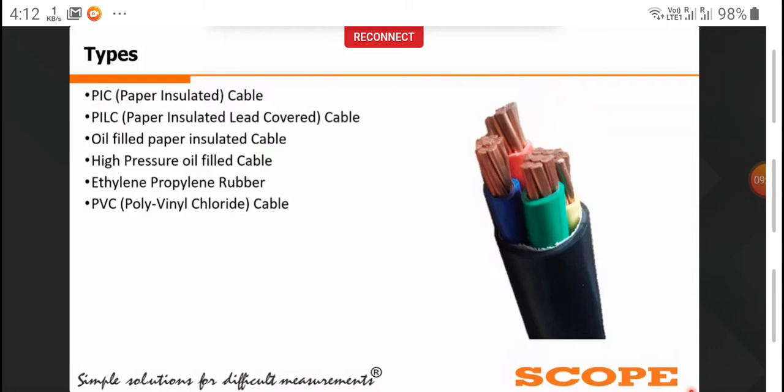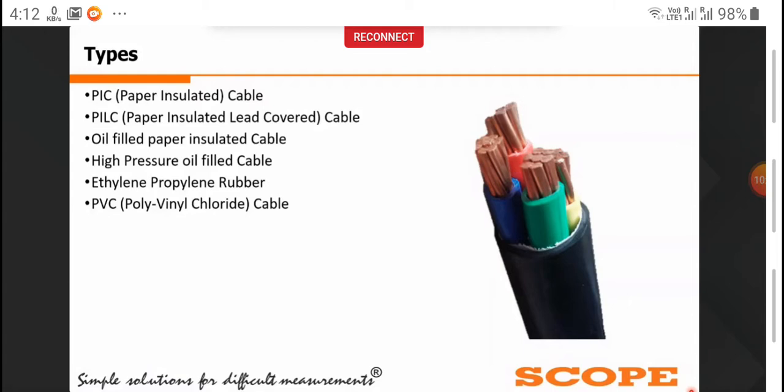After that, PVC cables. PVC, polyvinyl chloride, has high insulation resistance and good dielectric strength, and it is also inert to alkalis and acids. So they are widely used in cement and chemical factories, and also for LV and domestic applications. But the main disadvantage of PVC cables is that they frequently get damaged due to mechanical pressures.